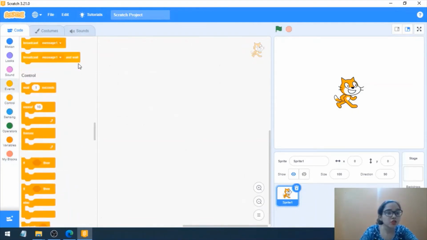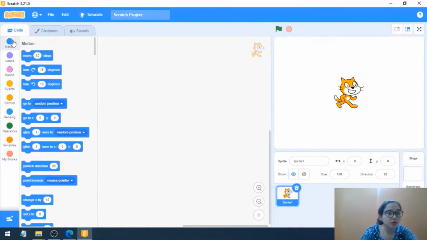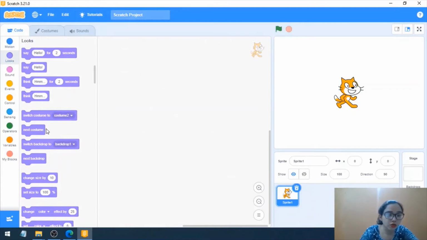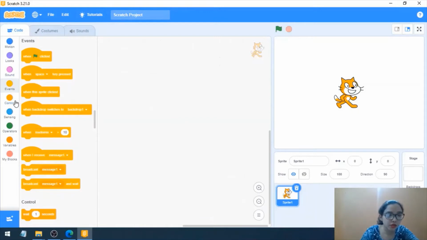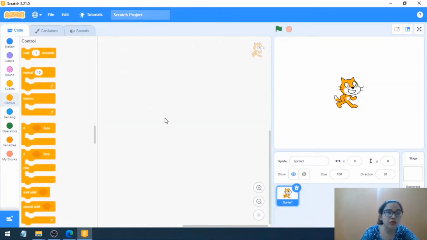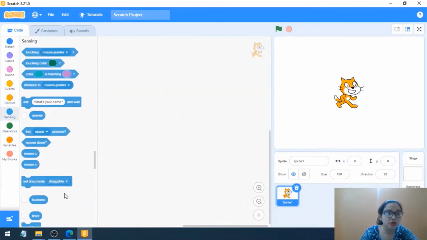All right, so the only benefit of clicking on these blocks is they are going to be displayed right in front of you. When I click on looks, all the looks related blocks are here. All the sound related blocks will come here when I click on sound. Similarly, when I click on events, they'll appear here. Similarly, control, in the same way sensing related blocks will also come here.